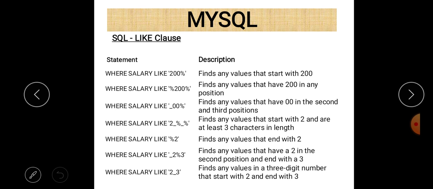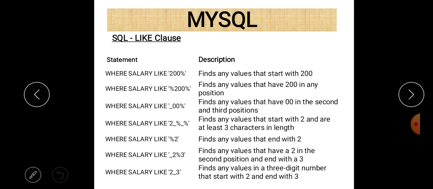So when we write LIKE '%200%', it means at the place of percentage there may be a digit, or it is possible there is no digit at all.